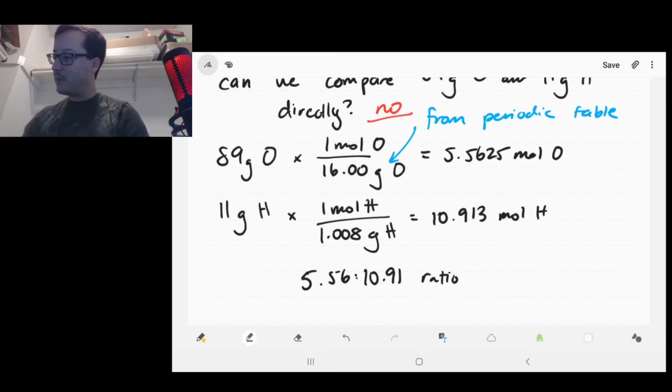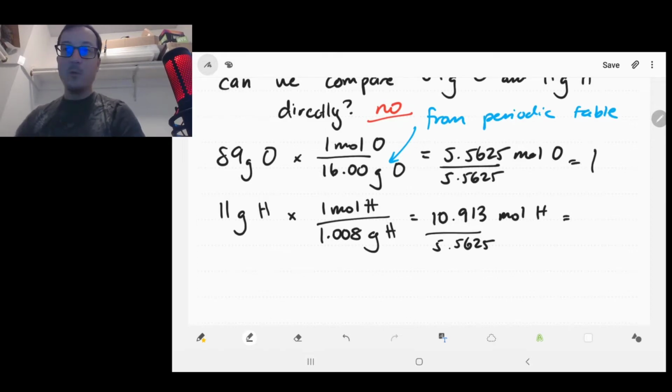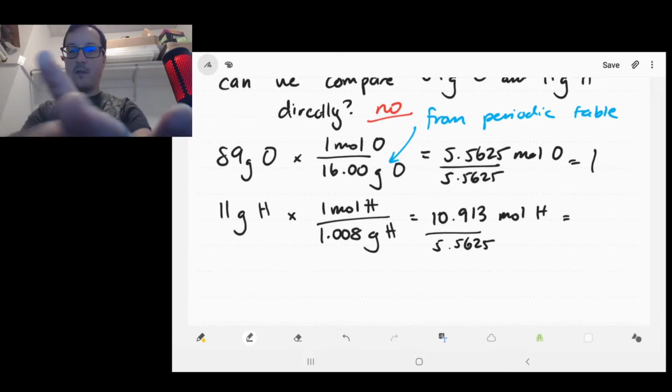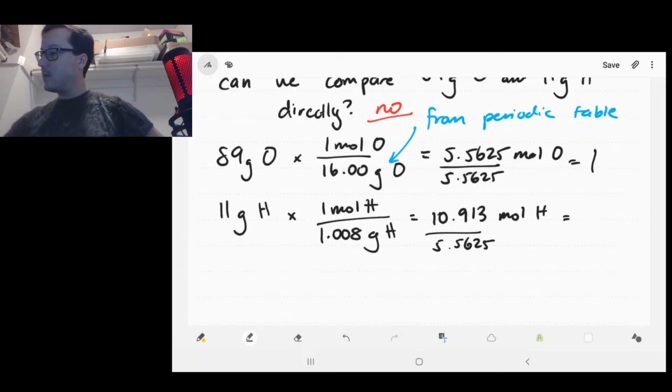So if we go ahead and divide both of these by the smaller number, I mean, that'll be 1. And let's see, I'll actually do this. It's going to be a little off because I just guessed on these, but that's okay. 10.913 divided by 5.5625, and I hope it's close enough. So we got about 1.96,